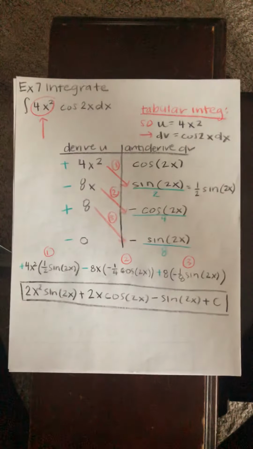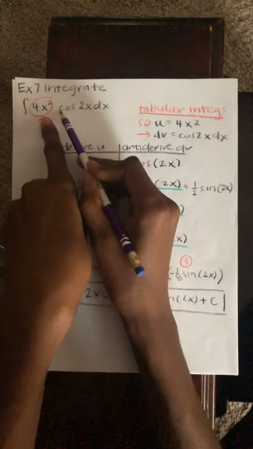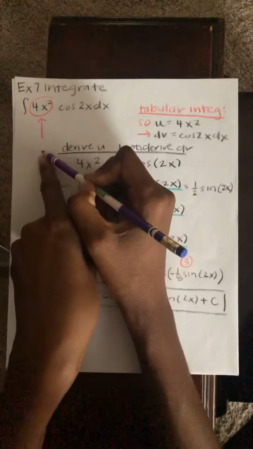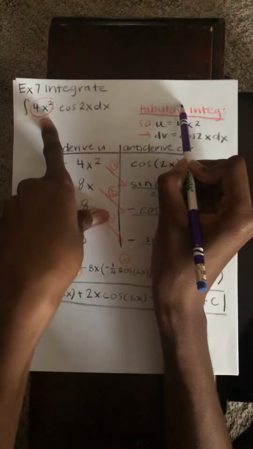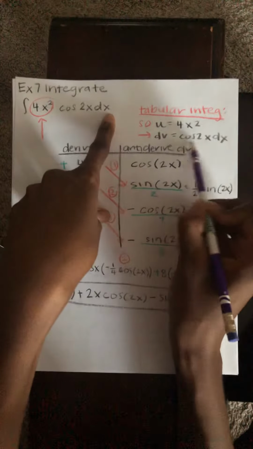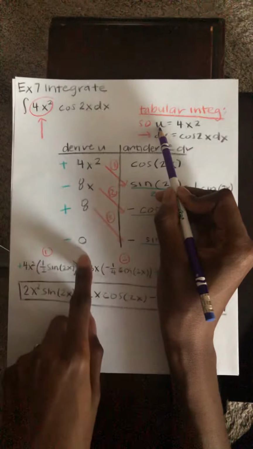Okay, so for example 7, the first thing you should notice is we have two functions being multiplied together, and this function right here, if you keep taking the derivative, will eventually go to 0, so we can do the tabular method. Because this one goes to 0, we'll let that be u, and our dv is going to be everything else. We make our chart, and we take the derivatives of u until it gets to 0,